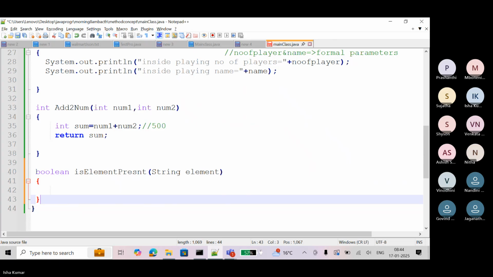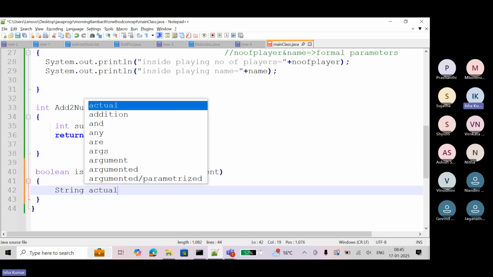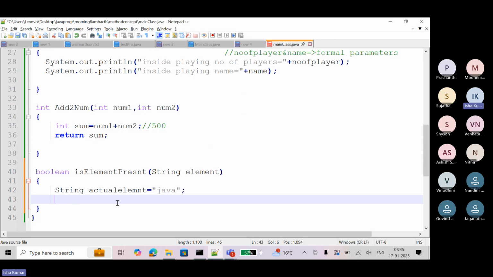Here I am writing, this is expected. Let's say String actualElement equal to something I am writing. Let's say hello, or let's say Java, right? And here I will write a code.